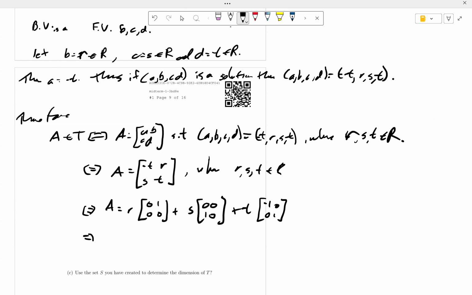So it means that A is in T if and only if it's a linear combination of these vectors, if and only if A is in the span of the set